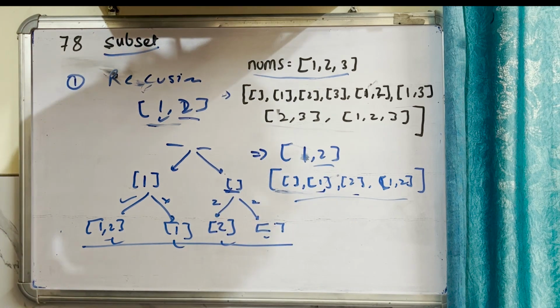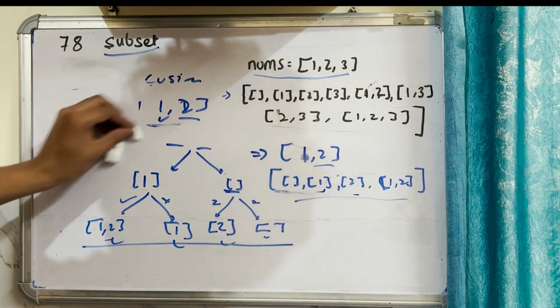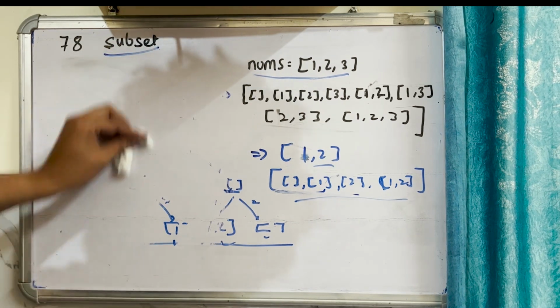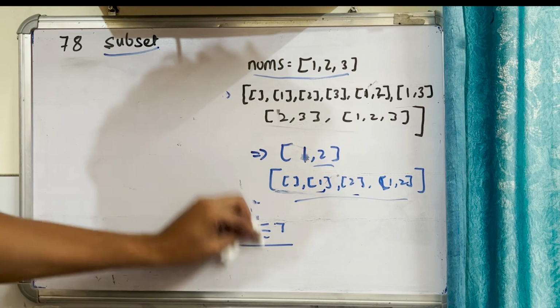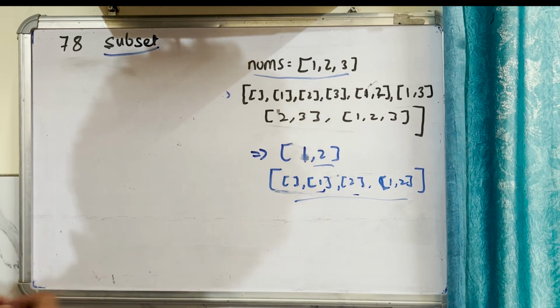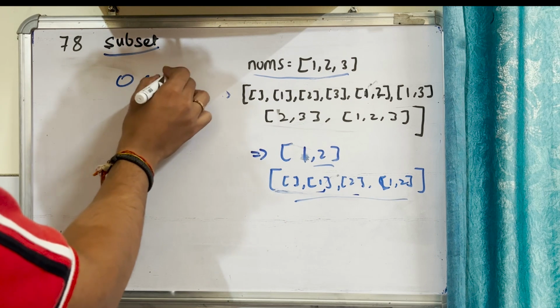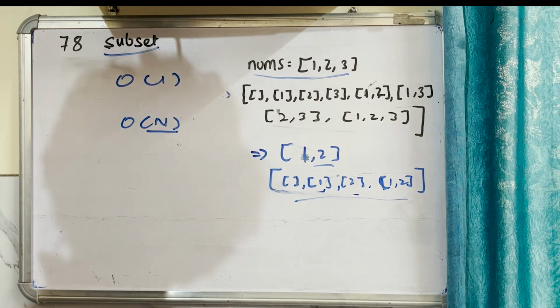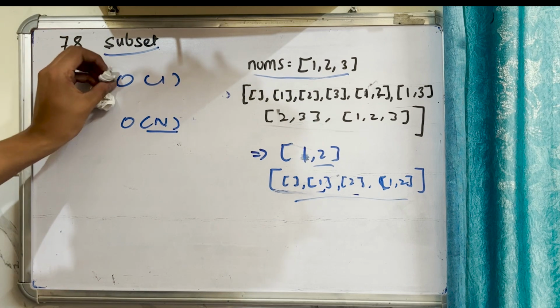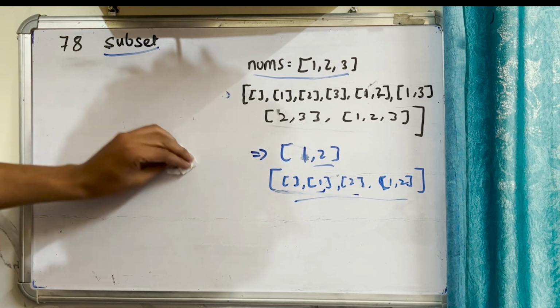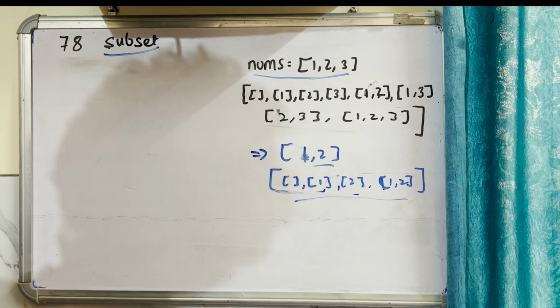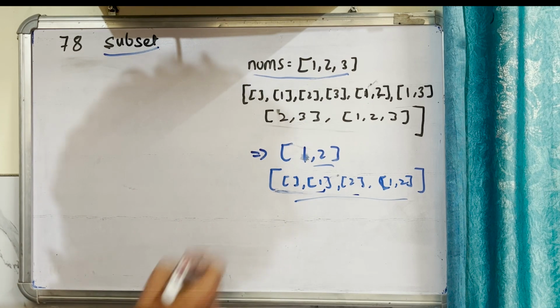Now the second approach, that is how to solve using less space, without extra space, constant space, big O of 1. As in recursion, it is taking big O of n recursion stack space. To do that was not easy. I have also watched videos and all, but the only way I can tell you the intuition is if you